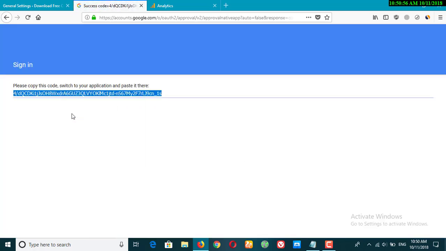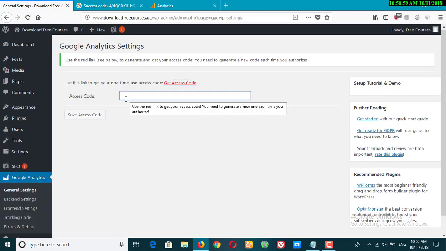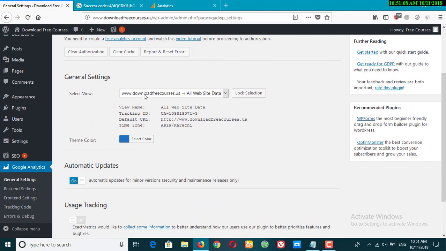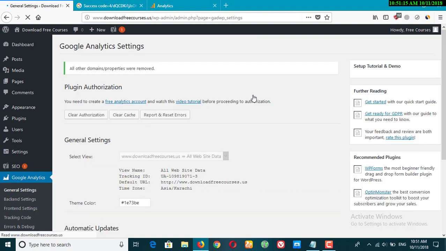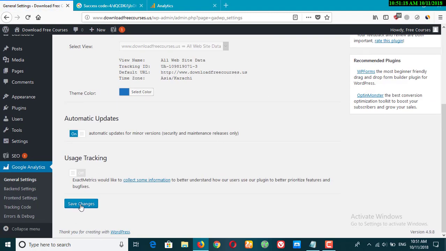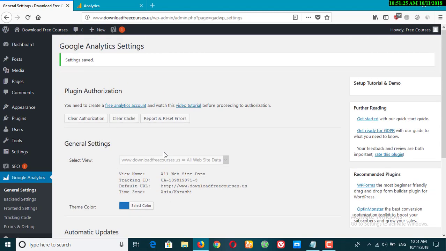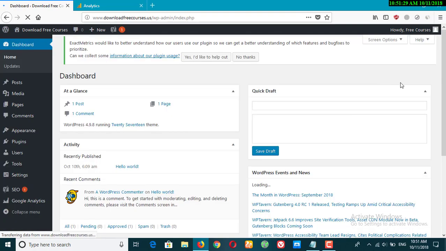Now I need to copy this code, and once the code is copied, just paste it right into the access code field and click save access code. Now it will automatically fetch the Download Free Courses URL, and now you just need to click on the log selection. Once you have clicked log selection, just click on save changes. And now the plugin has been successfully activated. And once you click on the dashboard,